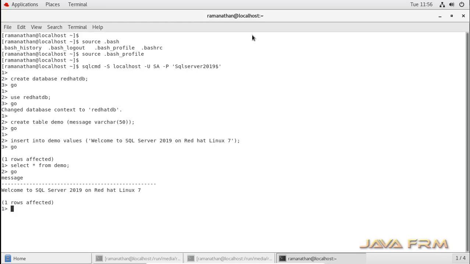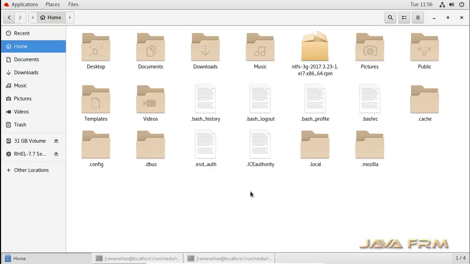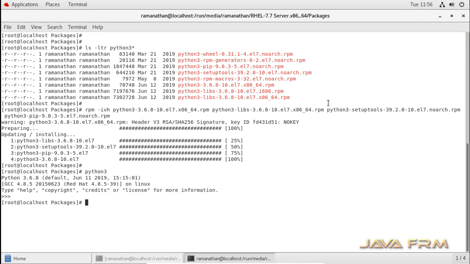All the dependent RPMs are available in the DVD file itself. No need to download externally. So this installation is done offline. I did not connect it to the internet. Okay. Let me close the terminal. Okay. Next step is